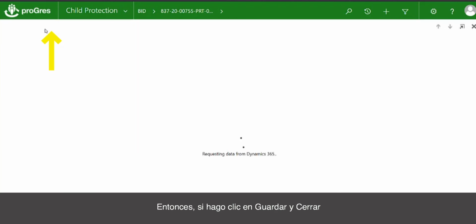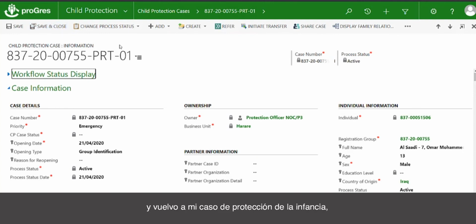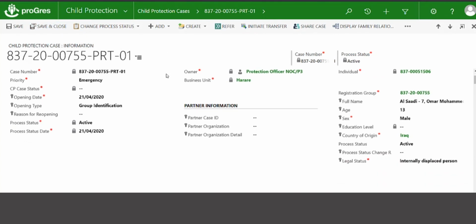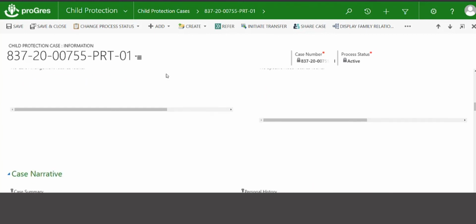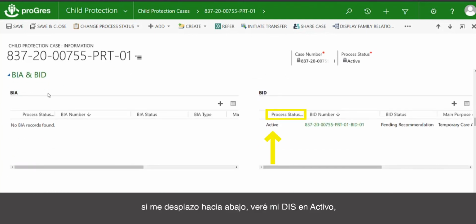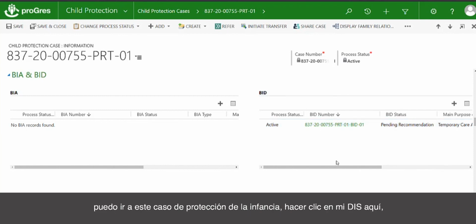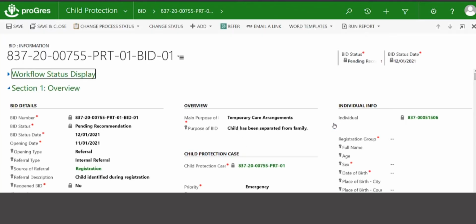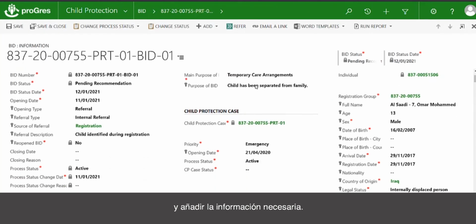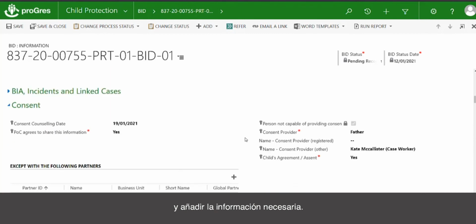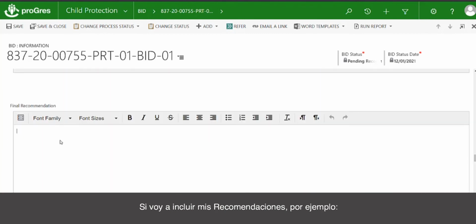So if I save and close, and I now look at my child protection case, if I go down, I will see my BID and active, and I will see the status is pending recommendation. Now, if I have to update my BID, I can come to this child protection case. I can click on my BID here, reopen it, and then add in the necessary information. So if I was to include my recommendations,